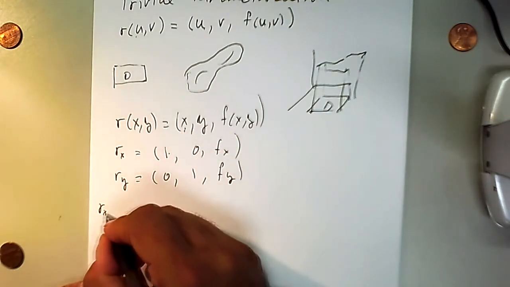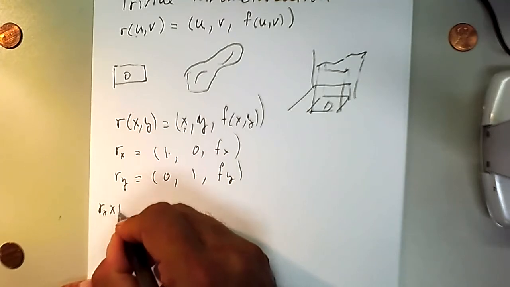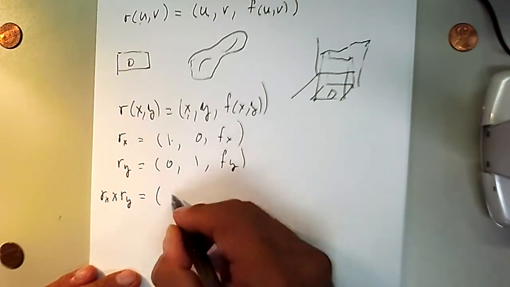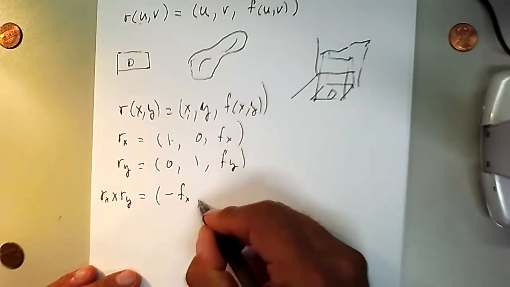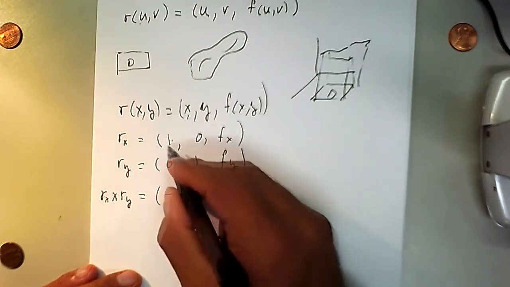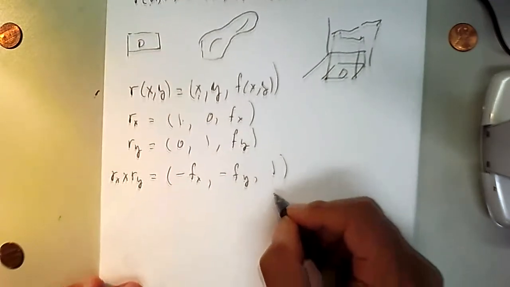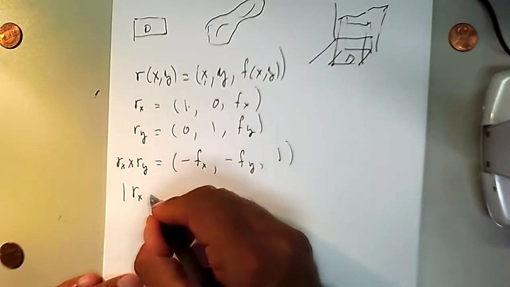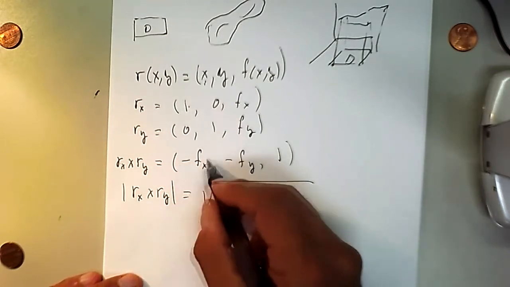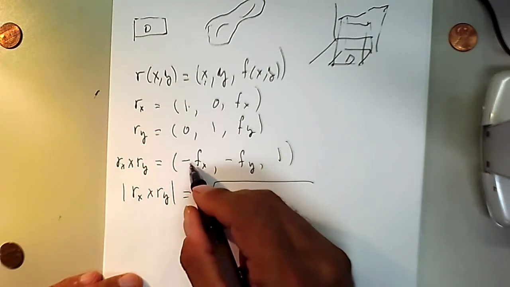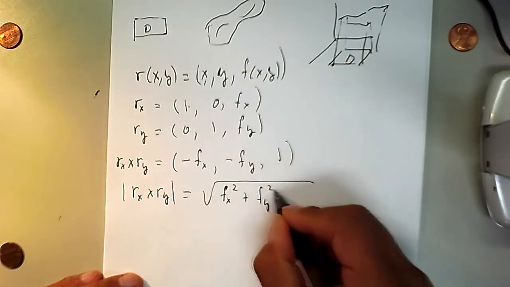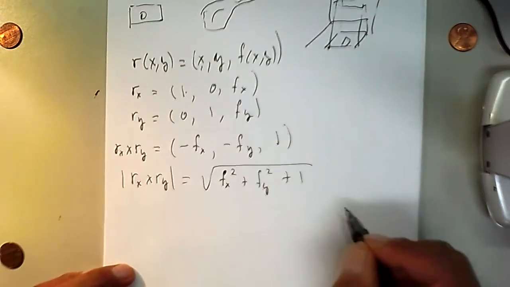If we do the cross product, R sub x cross R sub y, we get negative f sub x, comma, negative f sub y, comma, 1. If we find the magnitude, we get the square root of this quantity squared, but the negative goes away after we square, plus f sub y squared, and then plus 1. Thus,